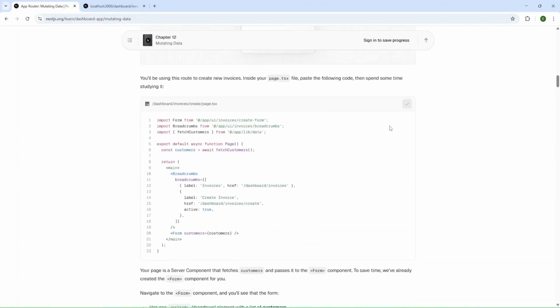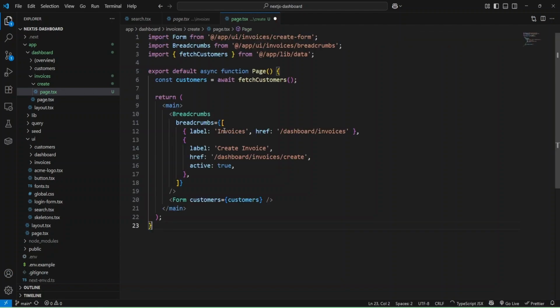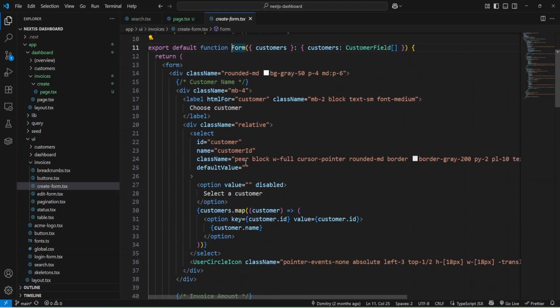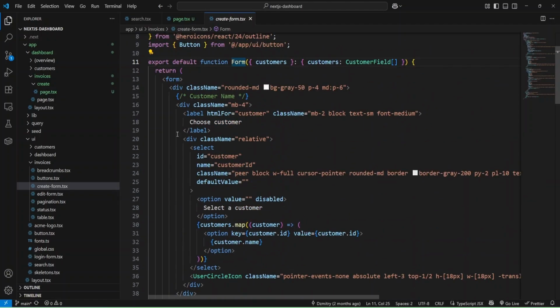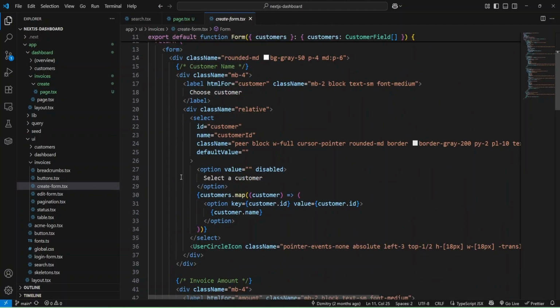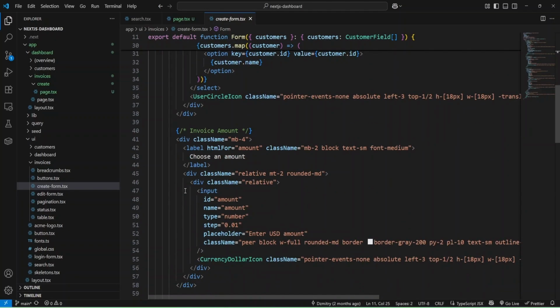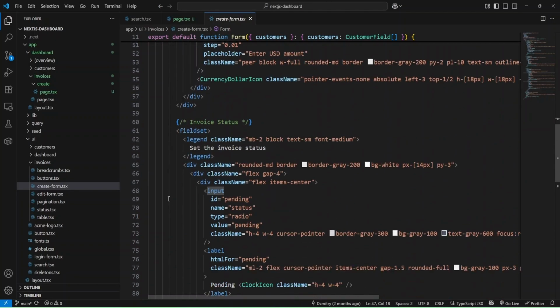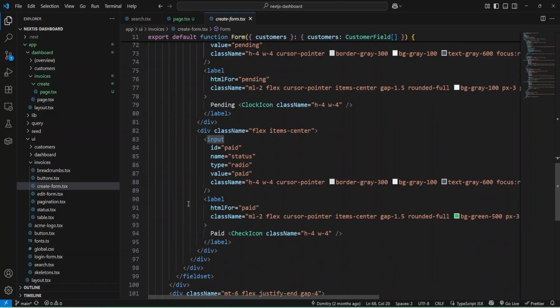Okay, and now let's add some code. I'll just copy this code, and let's check what we have. And we have some breadcrumbs component and also form. And I believe they added code for form component. It has a label, select, some options, and also input, and also one more input.